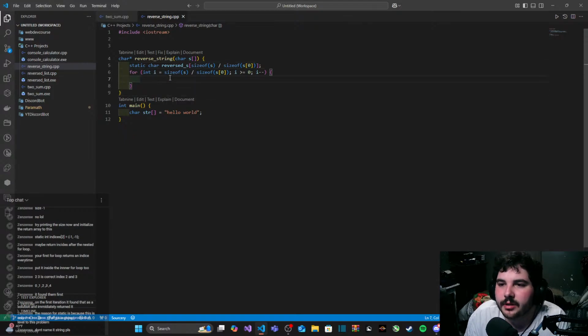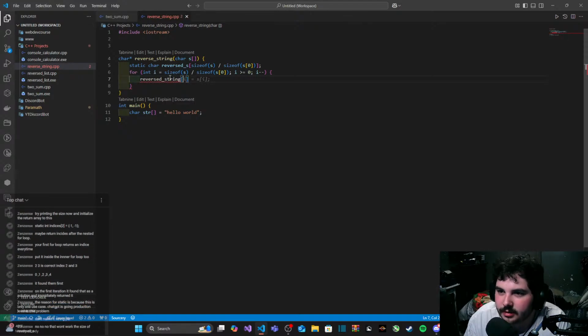All right. And then I will go ahead and reversed string. That won't work, the size of reversed s.